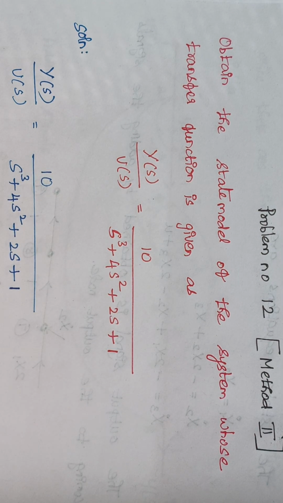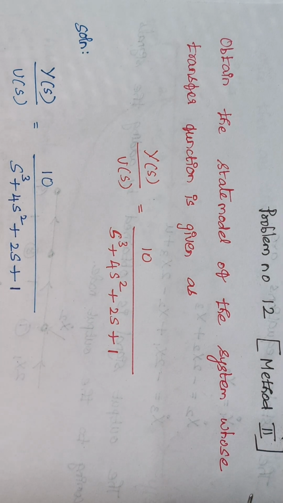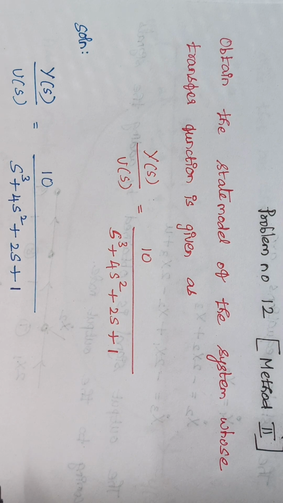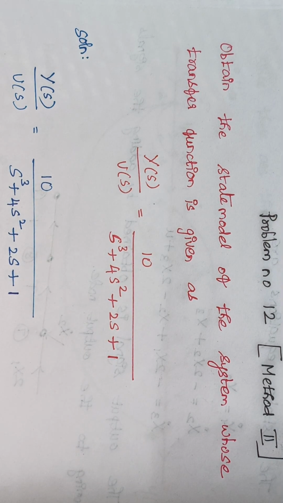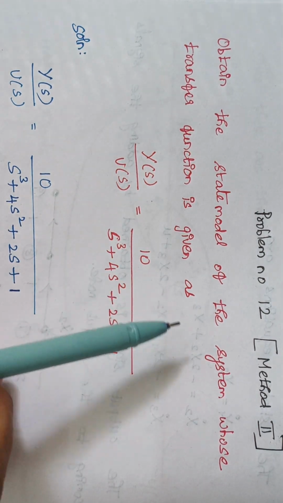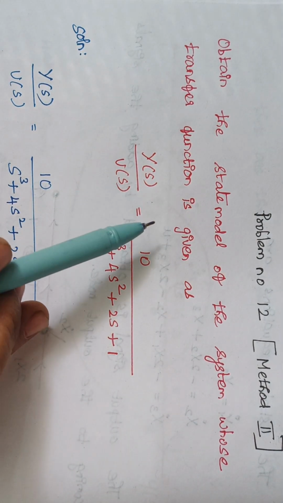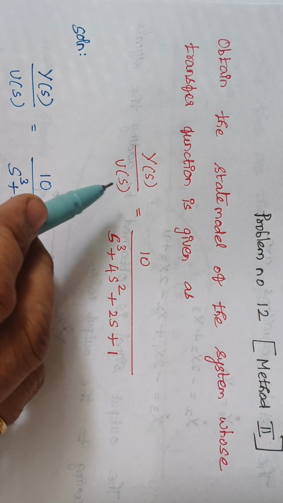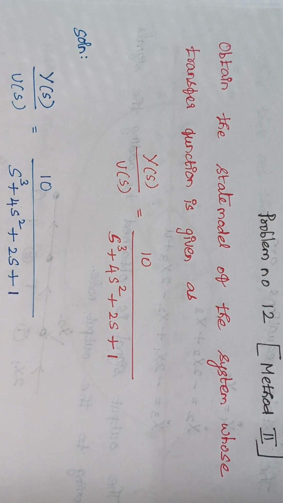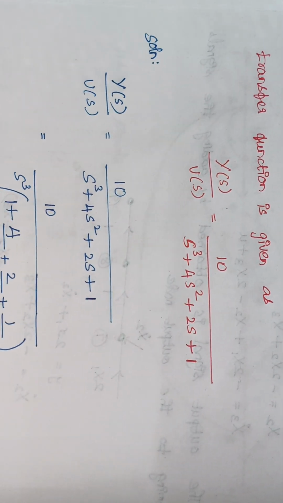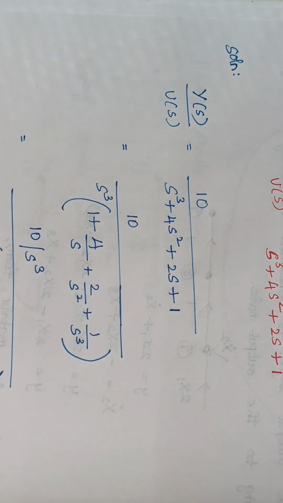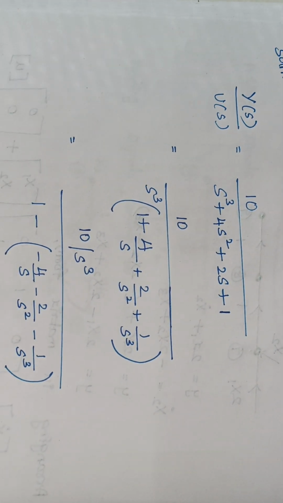Today we are going to solve problem number 12. This is method 2. Already we have discussed method 1. Now we are going to discuss the second method of solving the same problem. The problem is: obtain the state model of the system whose transfer function is given as, and this is the given transfer function. So the first step here is rearranging the given transfer function according to Mason's gain